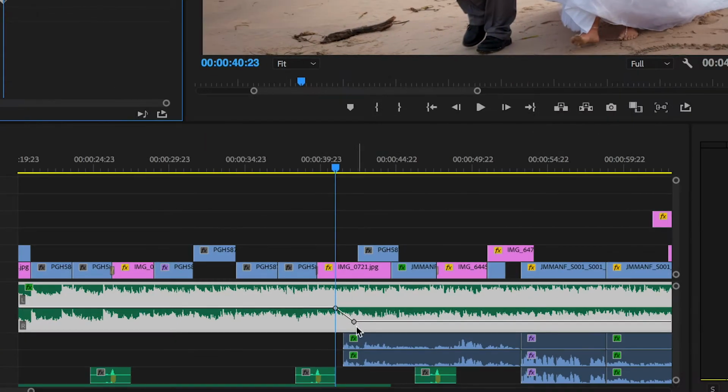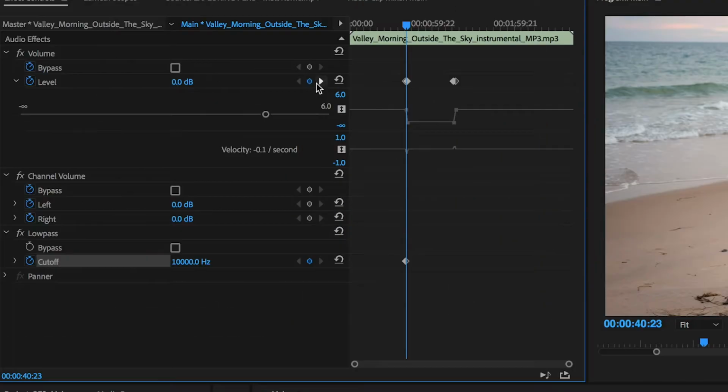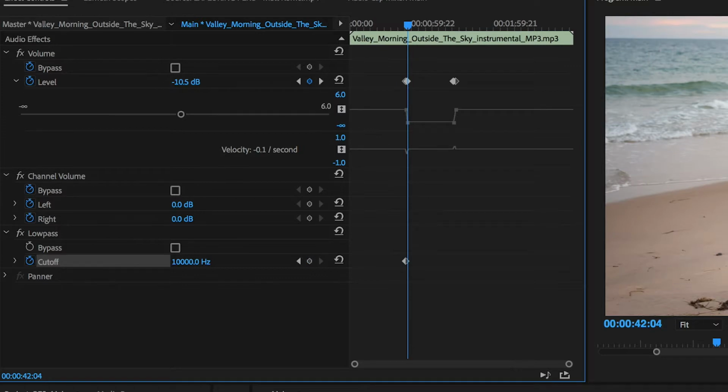Now if I go to my next keyframe right here, I can get there very easily and precisely by pressing this little button right here, go to my next keyframe on my level, and it's going to bring us right there. Now for here, I'm going to add another keyframe for my low pass, but this time it's going to be a much lower value. We're going to enter something in here like, let's say, 600 hertz.